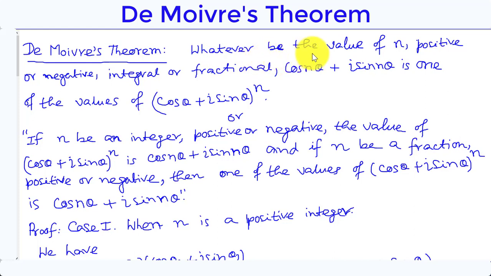Whatever be the value of n, positive or negative, integral or fractional, cos n theta plus i sin n theta is one of the values of (cos theta plus i sin theta) whole raised to the power n, or